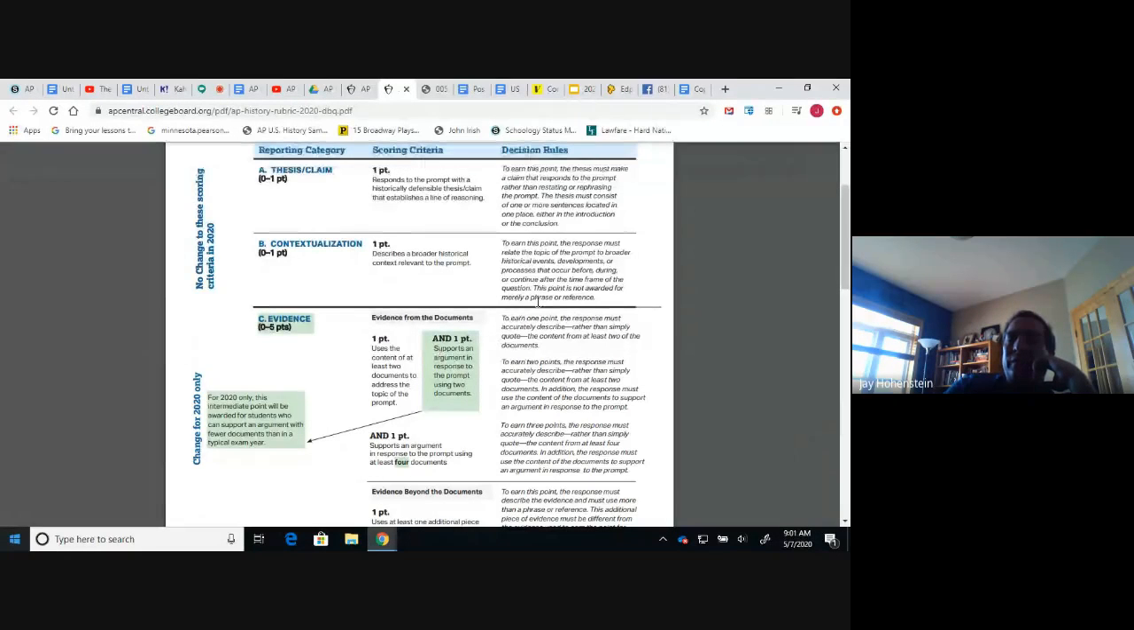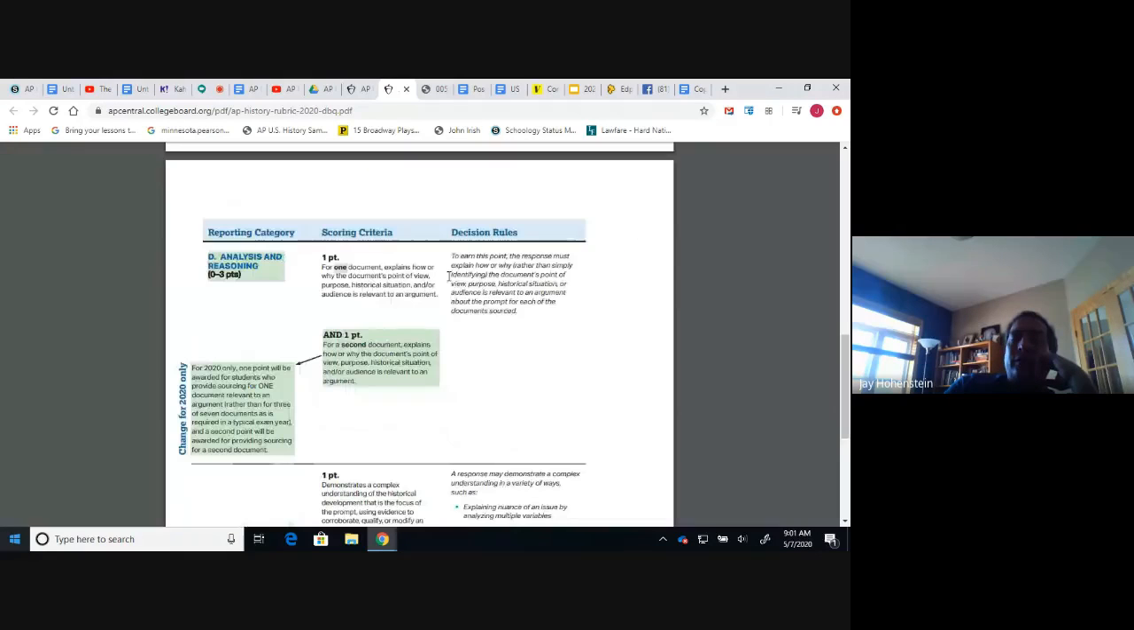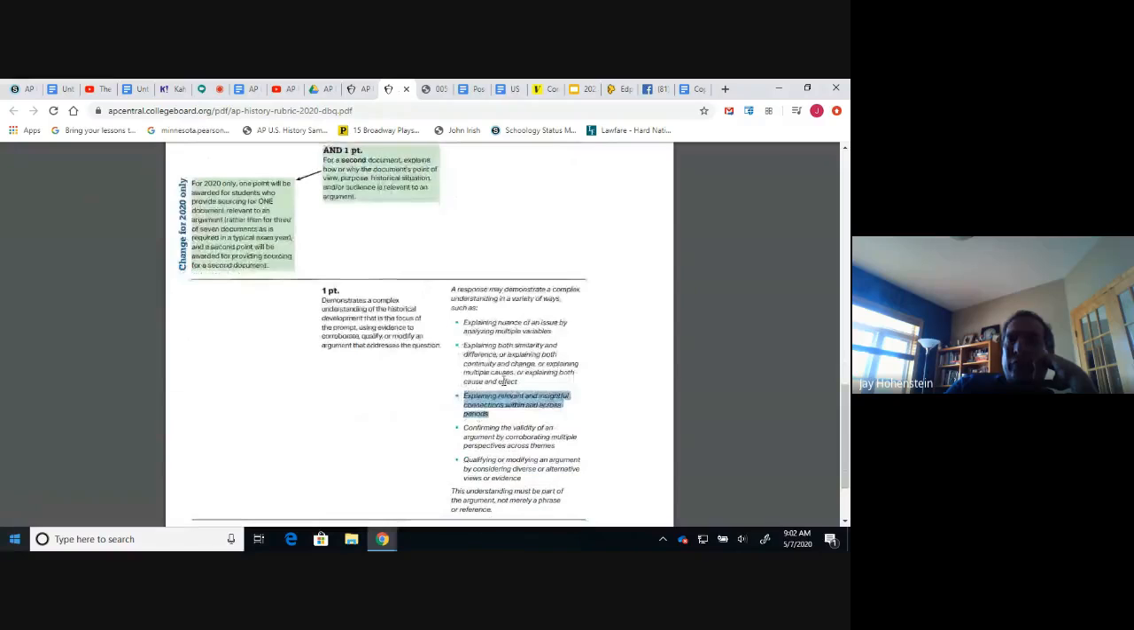The places I'll be looking: the next time you do a contextualization, that may satisfy your outside evidence piece if it is a piece of information from the time period itself that is relevant to the question. When you use outside information, it might also satisfy the documents piece here. But one of the things I want to highlight for you is what I've got highlighted down here